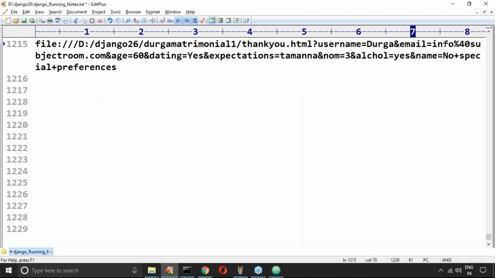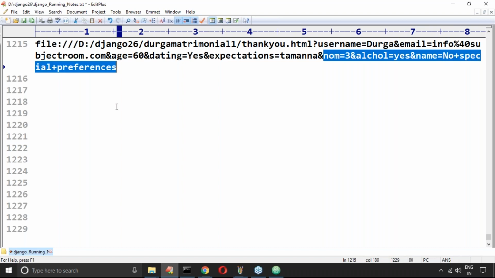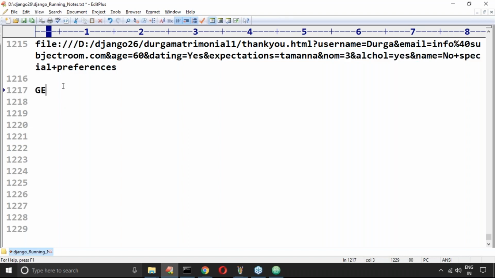Username Durga, email so and so, next age, dating, expectations, number of marriages, alcohol, name. Everything is there. So the data goes as part of the URL. It is a GET method. Remember, this is the default method.